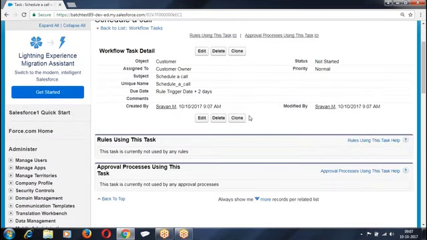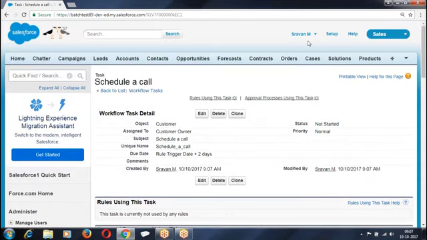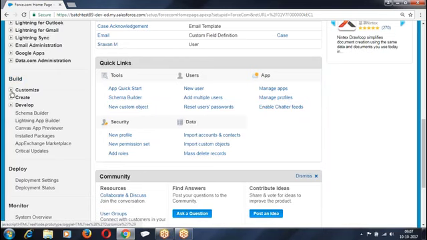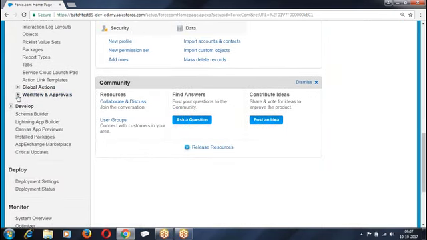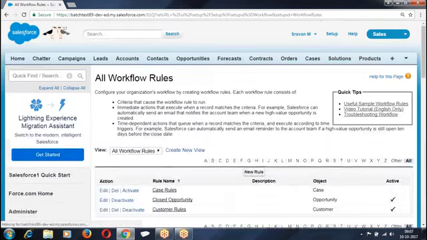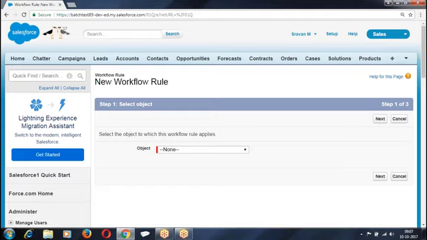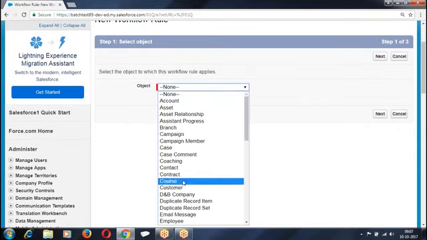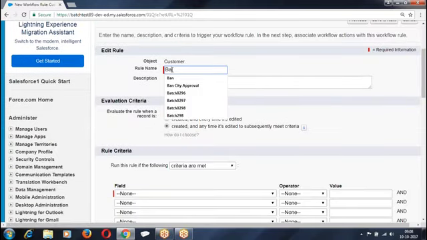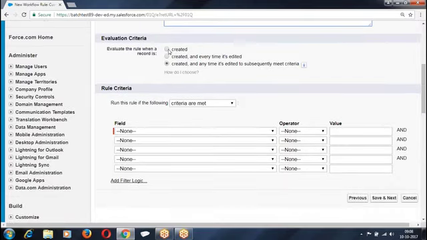But when this task will be running in the workflow, when the task is done, you have to say automation. When is the task to be created? So how is the task created now? Setup, build, create, workflows and approvals. Here we have workflow rules, new workflow rule. What's the rule? Customer. Next. Bangalore customer. When a record is created,